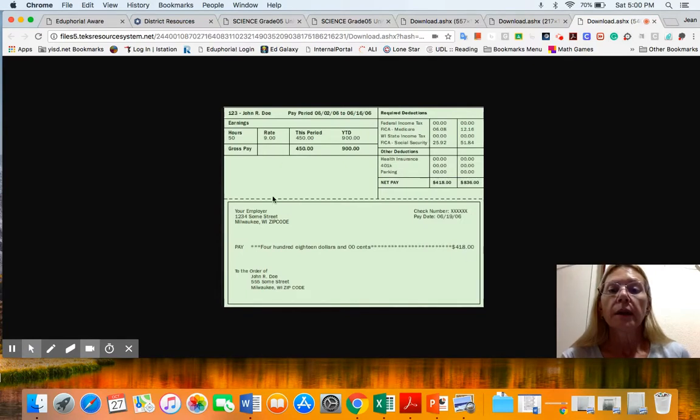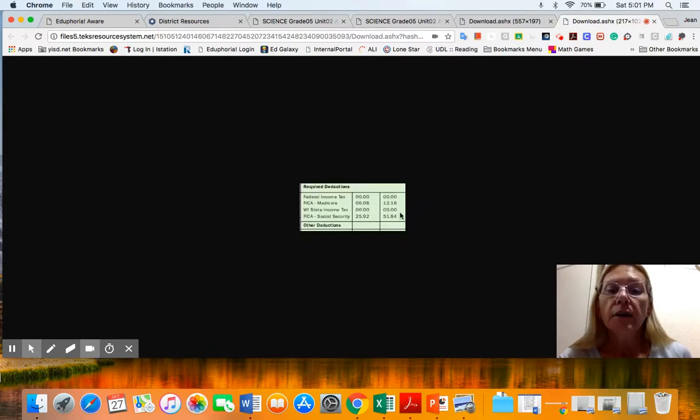This is a paycheck. And so they noticed that for the hours he worked and the rate he made, it started off at $450, but the check was only made out for $418. So then this is what I was telling them about just to hone in on those expenses out of a payroll check. And those are the taxes that the employer takes out and then sends to the government.